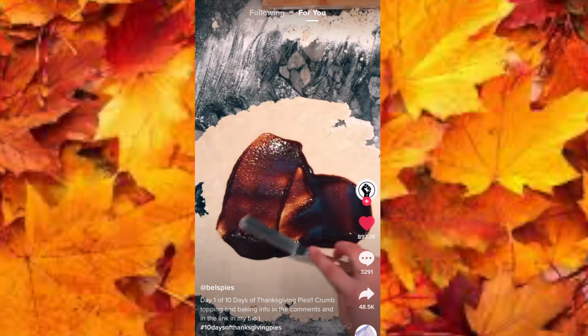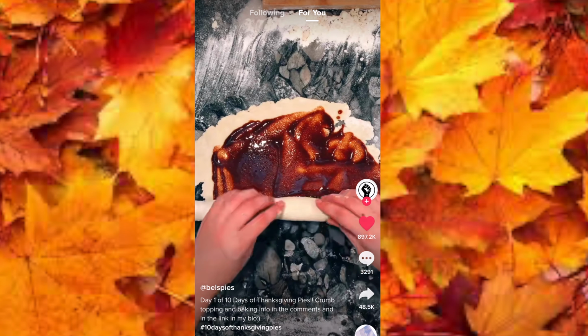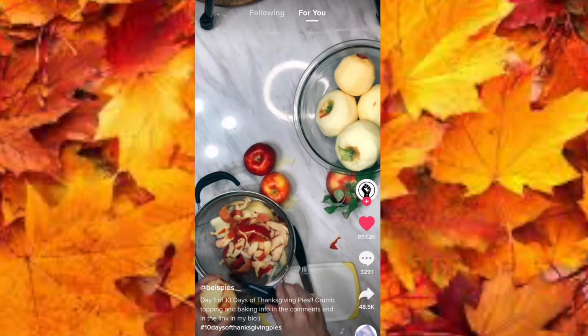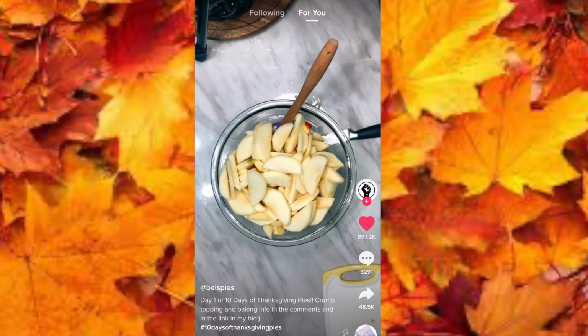You need 1/4 cup melted butter, 1/3 cup brown sugar, 2 teaspoons of cinnamon, 1/2 teaspoon vanilla, mix it up, then spread it out on some pie crust, roll that up, put it in the fridge, then cut it like that. For your apple filling, you're gonna want 6 cups of apple slices with a tablespoon of lemon, mix it